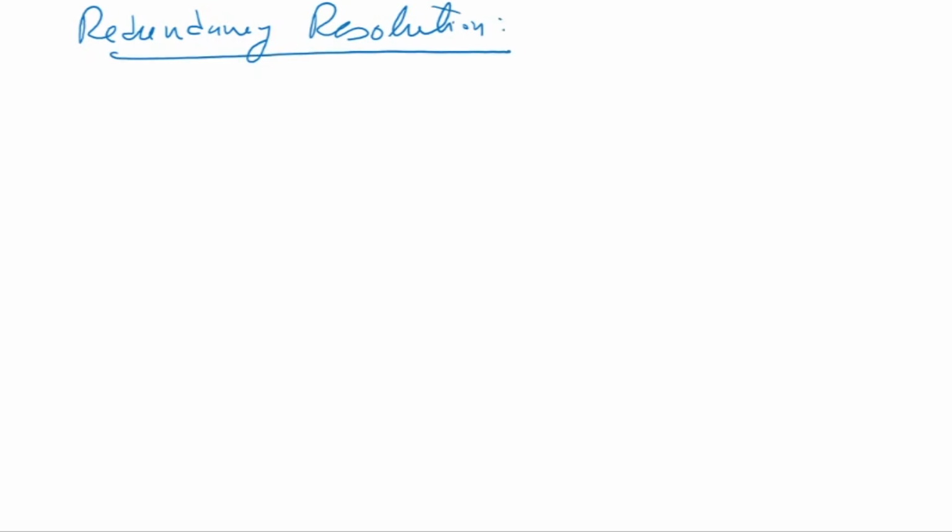Okay, so there are 2 ways. Let's talk about this as one case. Before I move into this, x dot is equal to J times theta dot. For a redundant system, J is non-square, m by n. So if you're trying to control or move the manipulator, you have multiple solutions now, because J is non-square, and depending on where you are in the workspace, you get particular solutions. You can choose your solutions.